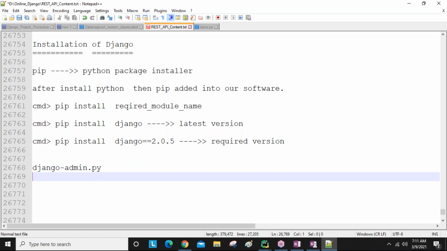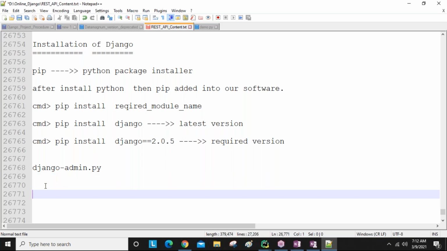Sometimes people ask, to create the Django project, what file is required? The django-admin file is required to create the Django project.